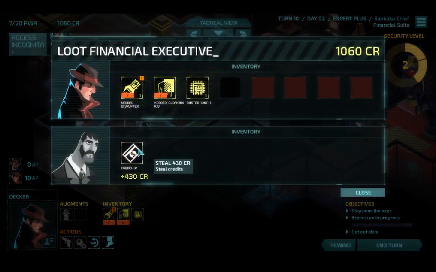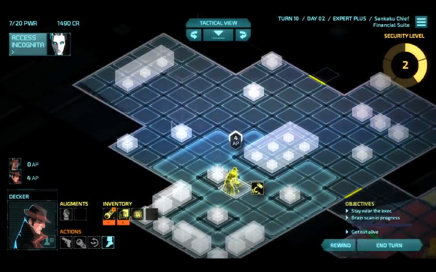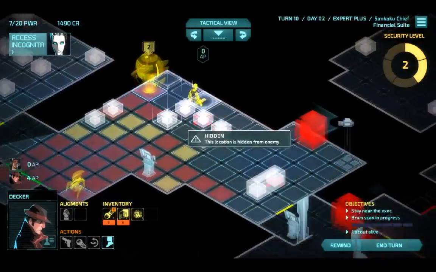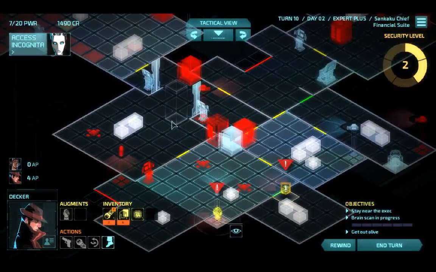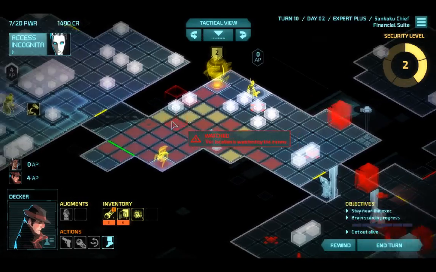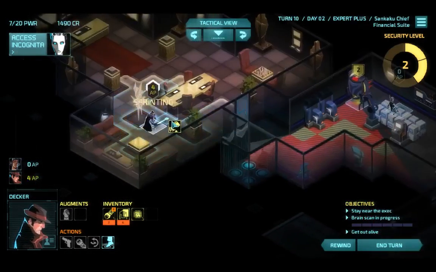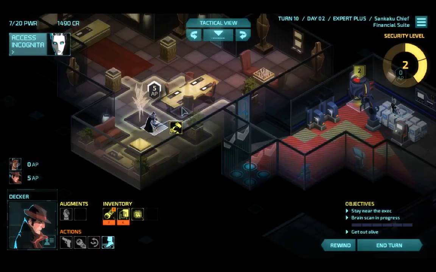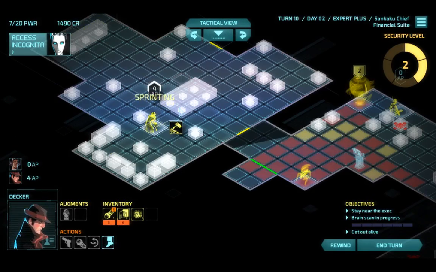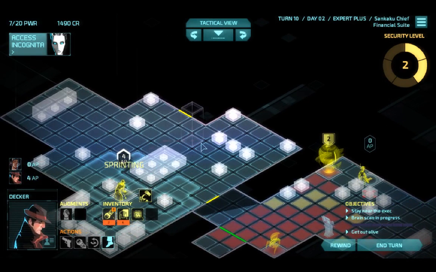Decker can grab this guy's money and start dragging him to wherever it would be convenient for... Because, eventually, after like 2 or 3 turns of this, they send in a new guard, right? So we want to be somewhere where it'll be convenient to have the guard head. Usually, I try to keep him like in the far back of the room in cover. Sprinting ought to be okay, even though we are in Sankaku. I don't see any...